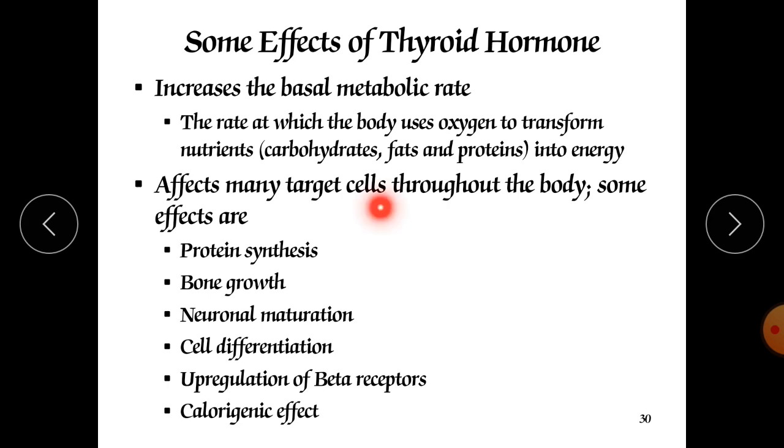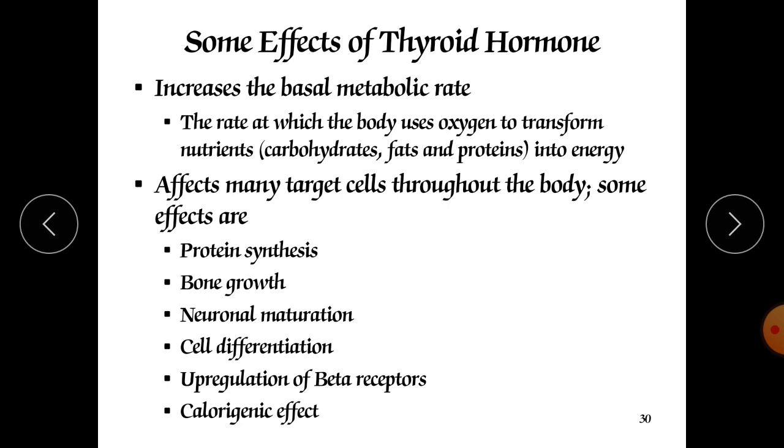It also affects various actions throughout the body. For example, protein synthesis: this thyroid hormone has a great role in protein synthesis. It is also responsible for lipolysis, lipid lysis. It is also responsible for the use of various fatty acids and glucose molecules for ATP production, and for cholesterol excretion from the cholesterol circulating in our blood into the blood vessels. So it will also decrease the level of cholesterol, which is good for our body.